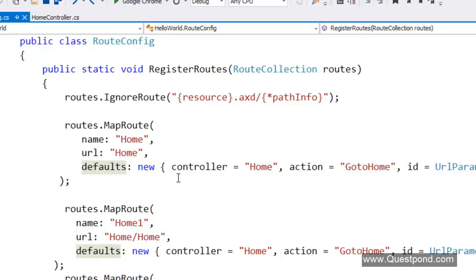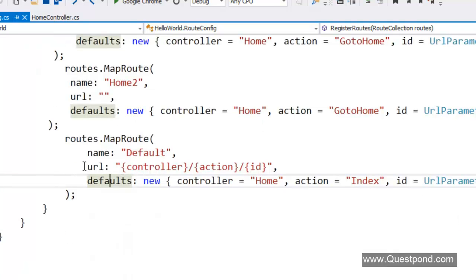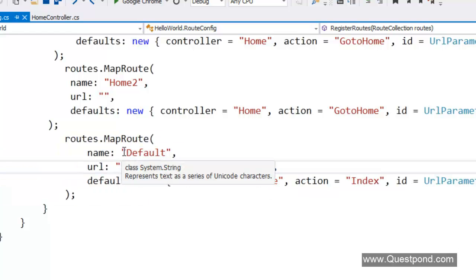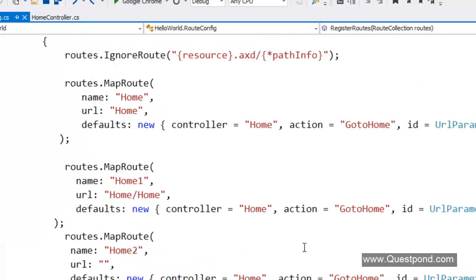Now I would like to talk about 2 important points regarding routing. If you remember, when we opened the routeconfig.cs, this code was already present. This code is nothing but an entry made inside the routes collection, where it says that by default you should invoke by the controller name and by the action name. So the first thing is, don't remove this code, because